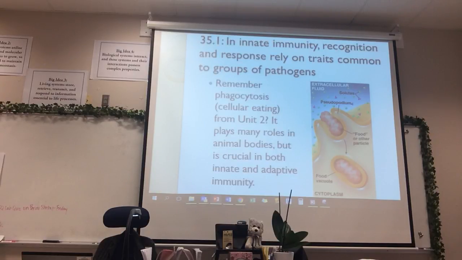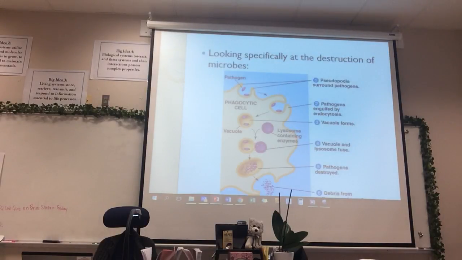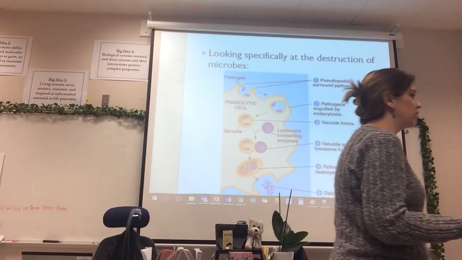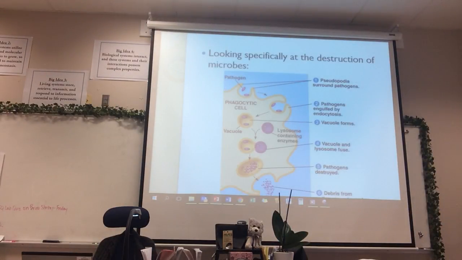When we talked about phagocytosis, we created a vacuole, and then we attached something to that vacuole, and we called that our lysosome. Our lysosomes contained digestive enzymes, and when the lysosomes attached to the vesicle, in this case the vacuole, it would dump those enzymes into the vesicle. The lysosomes would digest whatever was brought in, breaking it down into the individual monomers. And then when we talked about it in Unit 2, we said now the cell can make use of those monomers to build whatever kind of macromolecules it needs.